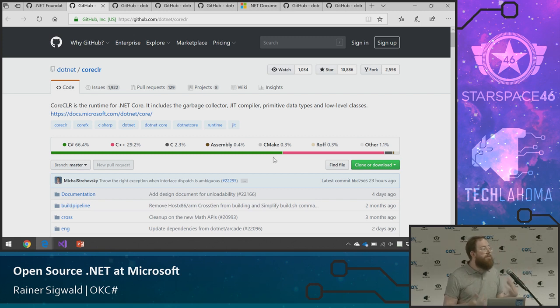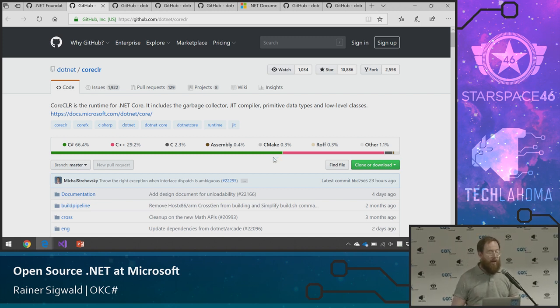This tends to be stuff for very core fundamental types. Things like string, definition lives here. There's also CoreFX, which is the base class library and other supporting core libraries. Things like System.Collections.Generic,